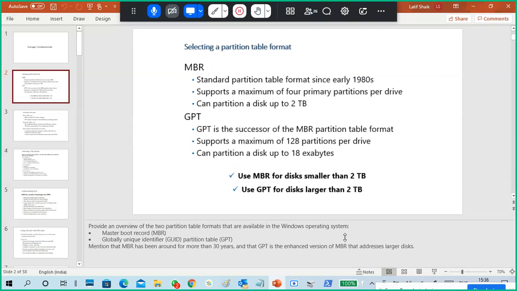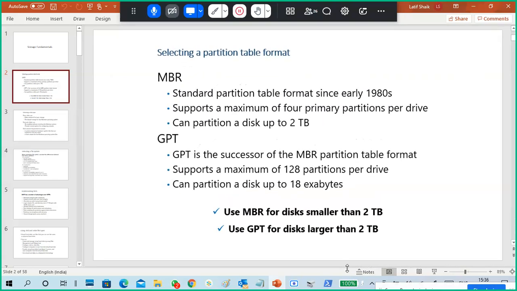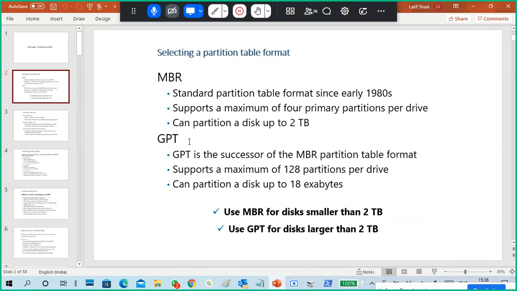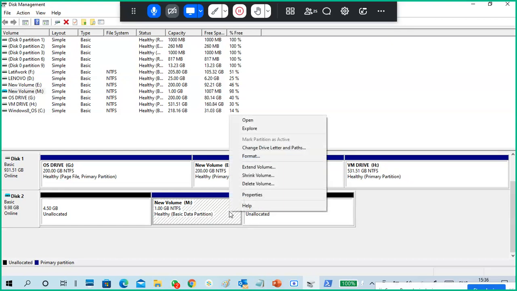Hello, sir. Excuse me. Yeah, tell me. Sir, MBR or GPT, which one is best for partitioning? Mostly GPT is better. If you are purchasing a new laptop and if you want to put your disk on yourself, MBR or GPT, GPT is better. Okay, sir. Faster read and write, all this kind of stuff will come, because MBR is an old one, literally.